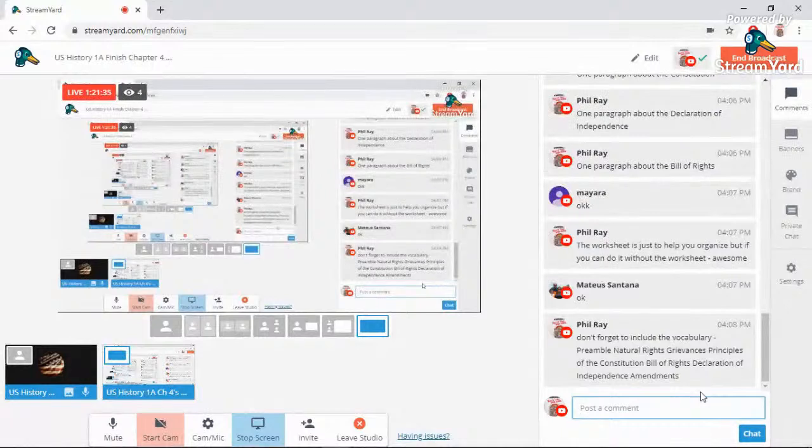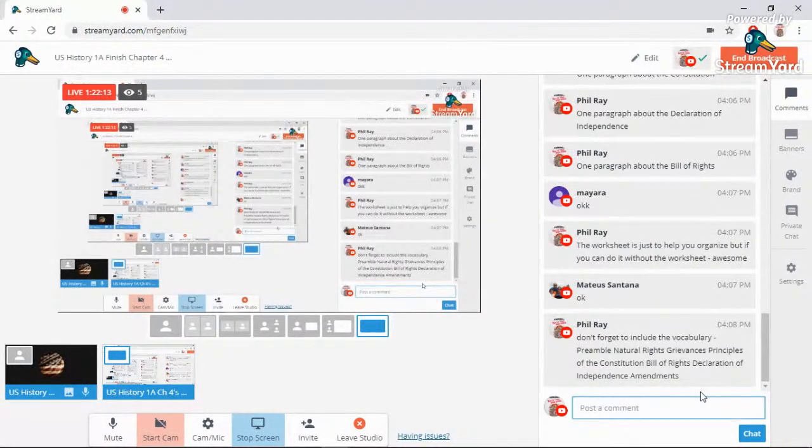Preamble. Remember the preamble to the Constitution? Natural rights. I think that's involving the Declaration. Grievances is in the Declaration. Principles of the Constitution. Bill of Rights, of course, is part of the Bill of Rights, also the Declaration. Amendments, where do I find amendments? In the Bill of Rights, the Constitution, or the Declaration of Independence? So use this vocabulary to write your paragraph